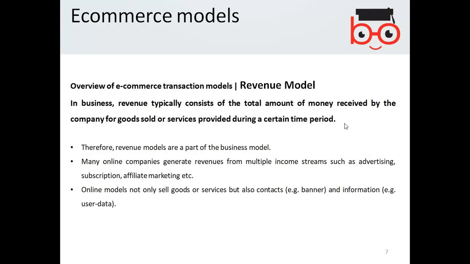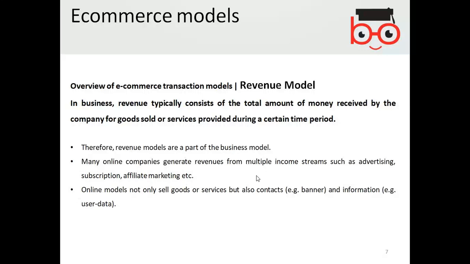So, revenue models are part of the business model. Obviously, whatever business model you have, if it is e-commerce based, then the model of the revenue is important. Many online companies generate revenues from multiple income streams such as advertising, subscription, affiliate marketing, as well as selling products. So they need to follow a kind of model of how they sell, how they are getting the income and total income.